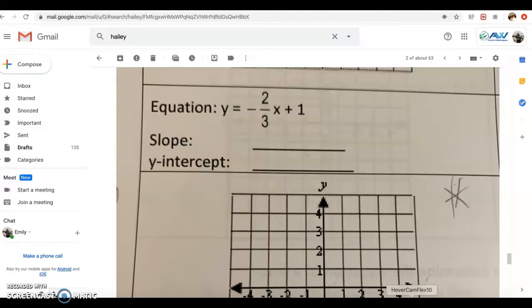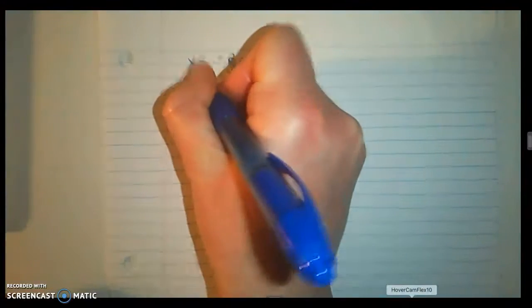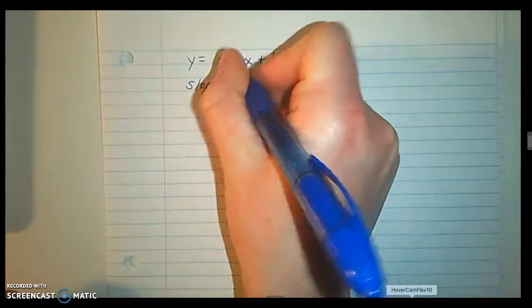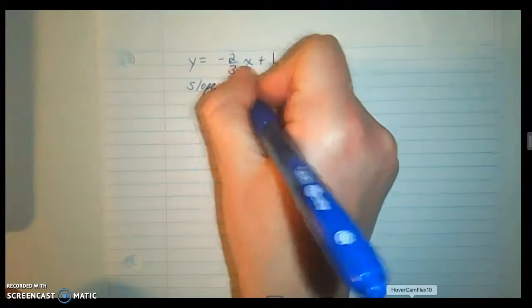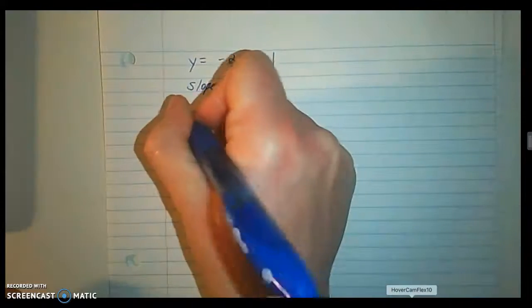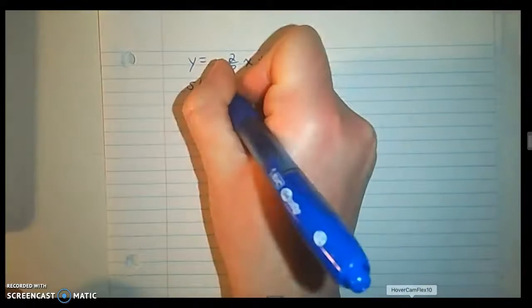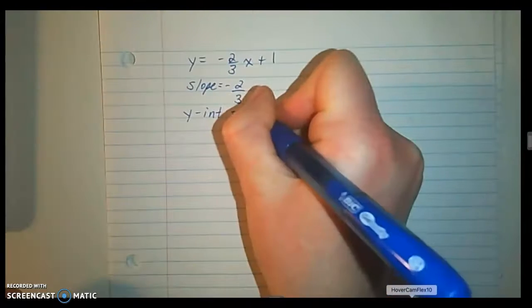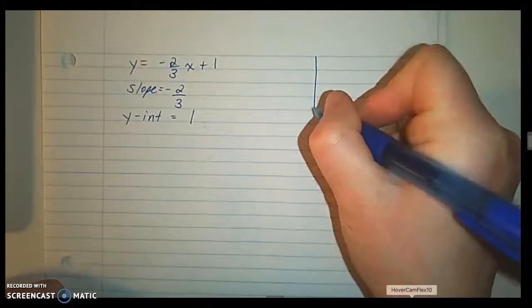Okay, so if we look over at my page here, the slope, hopefully you're pretty familiar with this part. The slope I can pull right out of the equation. It's the number that's in front of x, so it's negative 2 over 3. And then the y-intercept is 1. Okay? So then if I'm going to make a graph of that line,